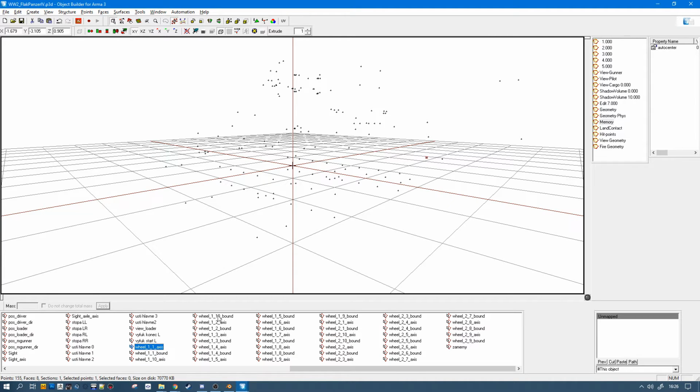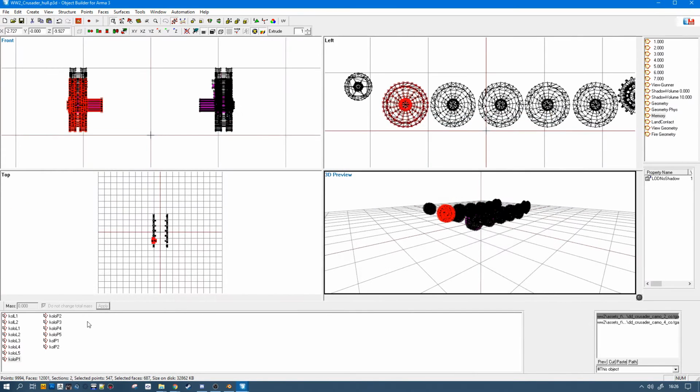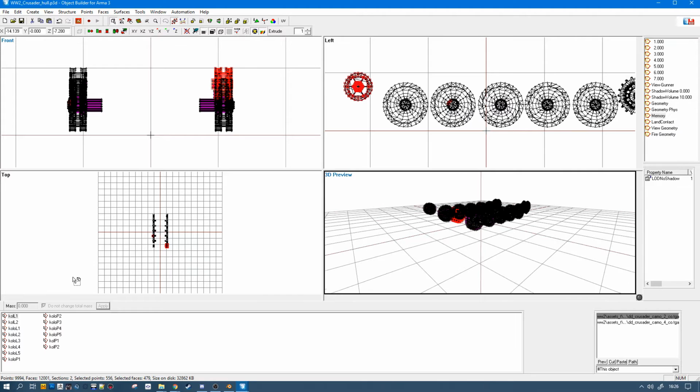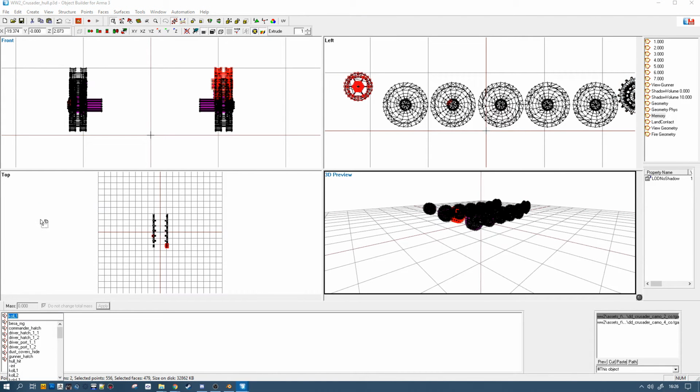And then 1, 2, 3, 4, 5, 6, 7, 8, 9, 10, etc. is the number of the wheel from the beginning. So I'm going to have fun by renaming all this. You can do it via a script. There are some scripts here and there, but they are not easy to find. The number of wheels on a tank is limited to 8 per side.